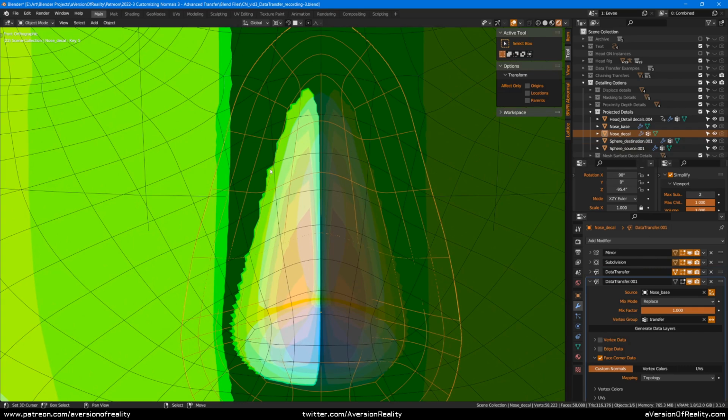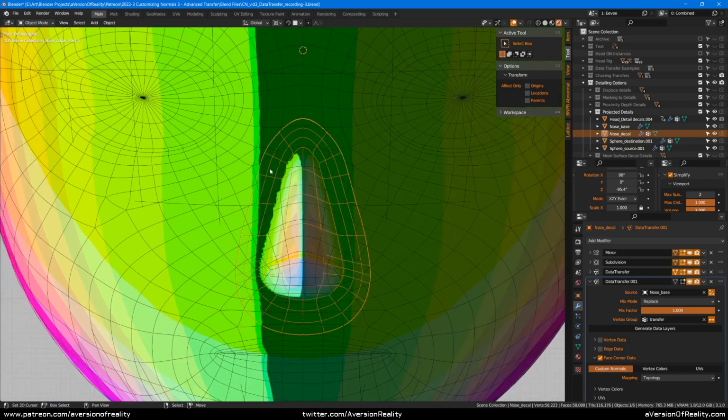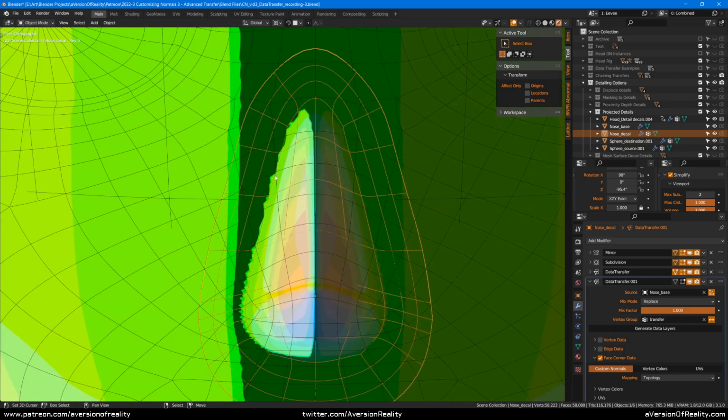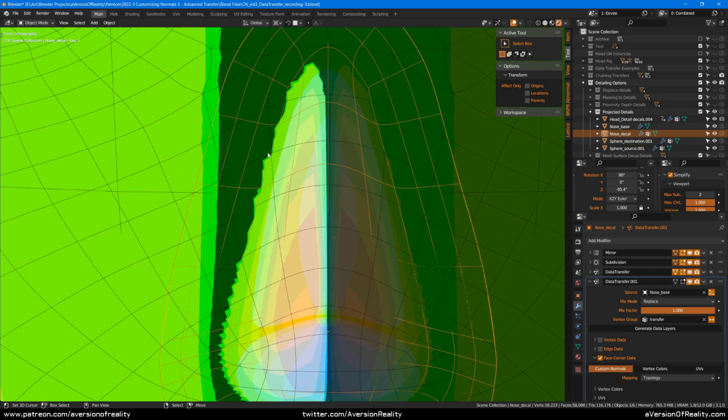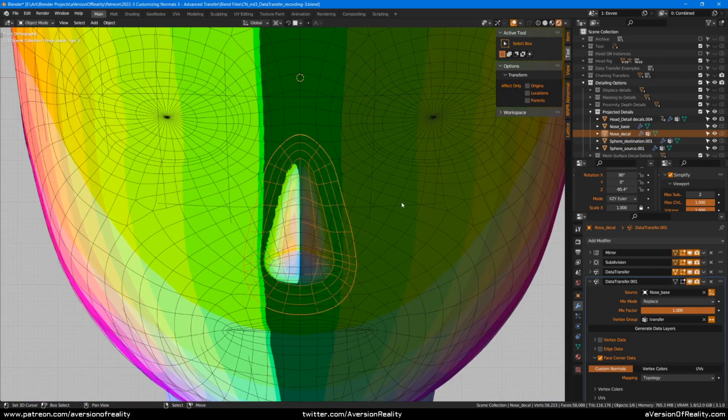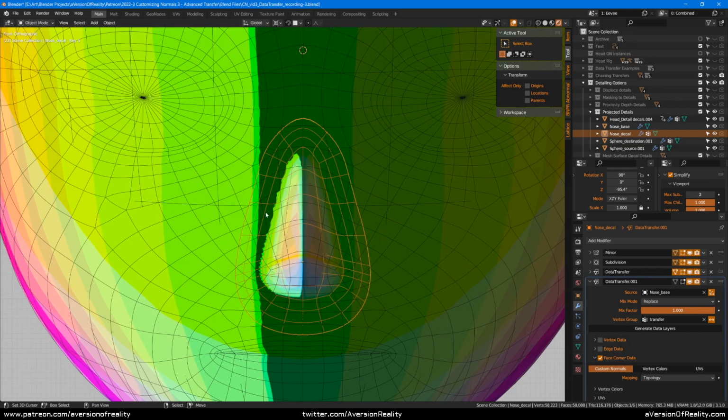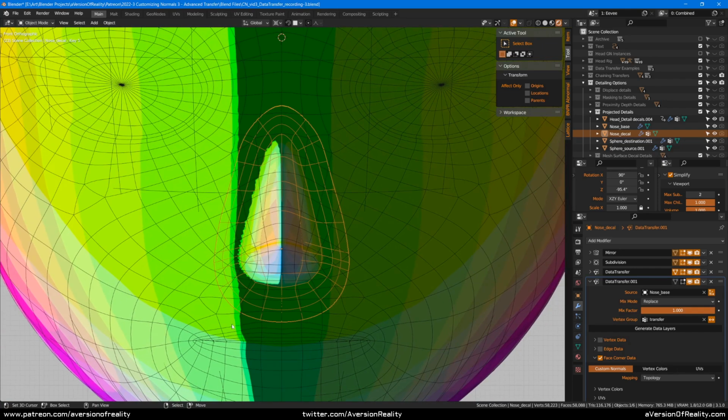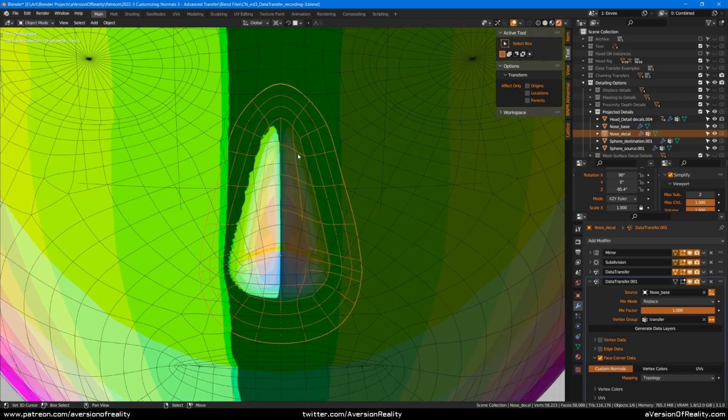You can turn up subsurf more, but that doesn't remove it, it just makes it smaller. Because the issue here is that we have a limited amount of vertices, and we have our linear interpolation issues. So you either have to have the right topology, so, parallel loops, like I said before, or you have to solve this in the shader, which we will get to. If we bake a texture of these normals, then we don't have this problem because then the limiting factor is the pixel resolution, not the vertex resolution, and it's not hard to have enough pixels to solve this. Or, of course, if we use a procedural texture.